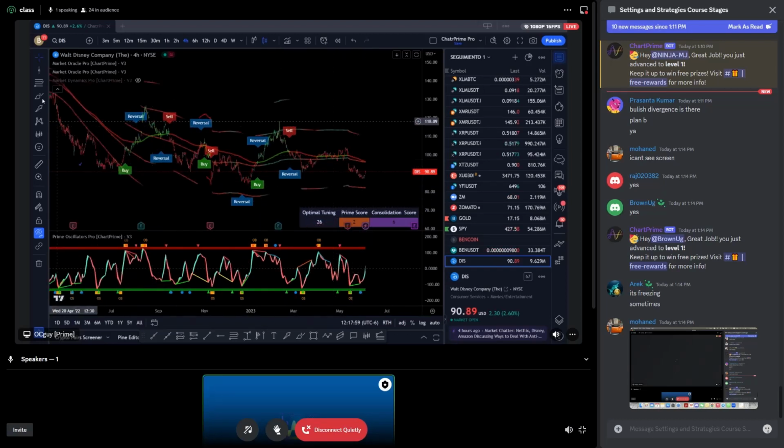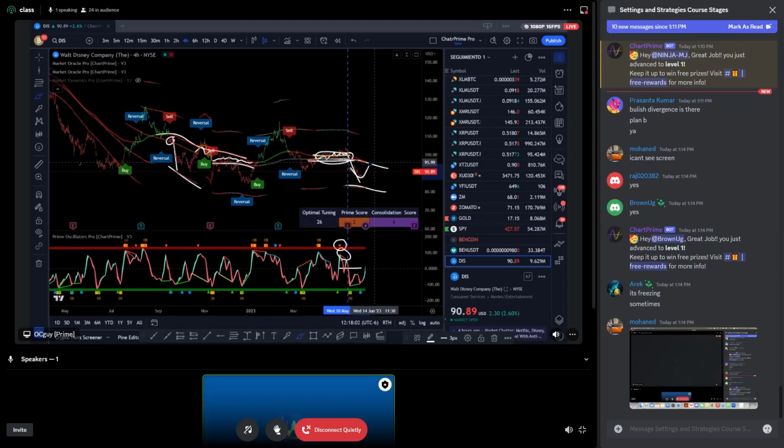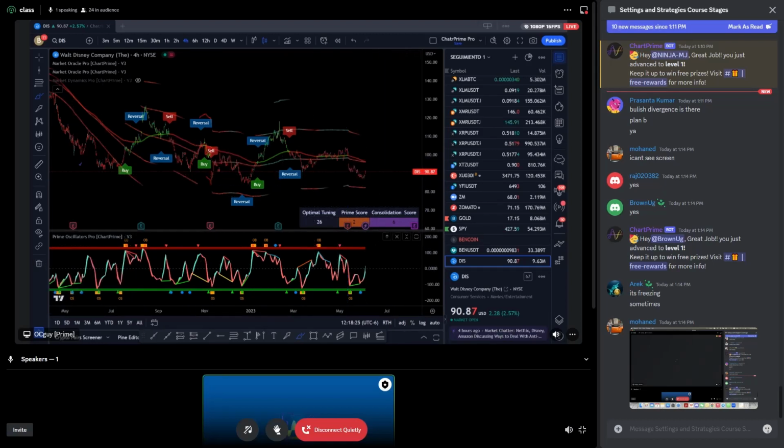So right now you can see that we're going up to the confluence zone between the prime ranges and the oscillator. That is huge resistance, right? So the only thing that could go wrong is that we broke through that dynamic reactor and that zero line, and we also are breaking through the dynamic reactor, but I don't think that's going to be the case at this point in the 4 hour. Why is that not going to be the case?